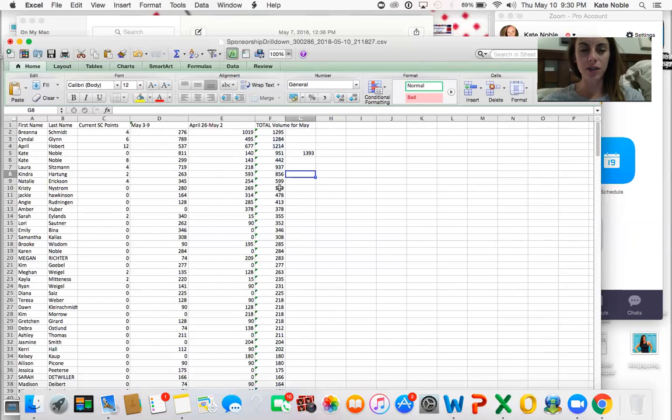Let's see, we could even do 500 and above for that week, just because it's growing, right? And then next week it might be 1,000 and above, depending on what everyone's volume is. So we can always change that as we go, as far as how many people we want in that top leaders